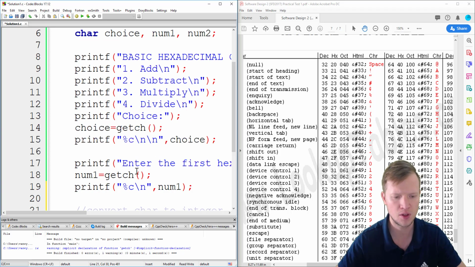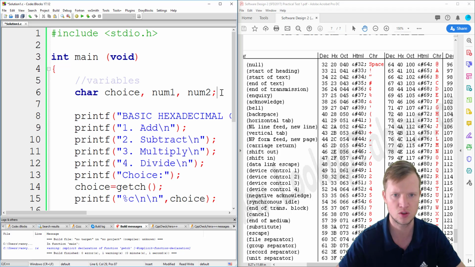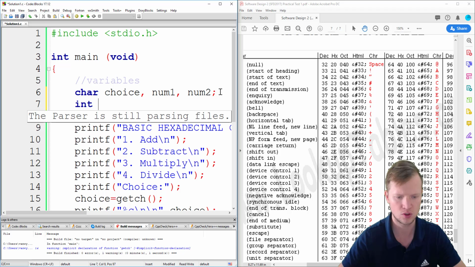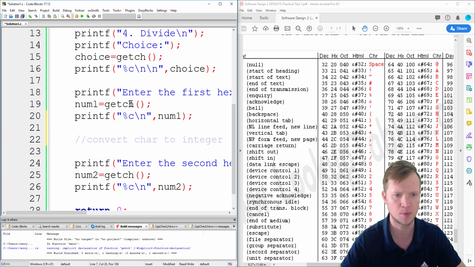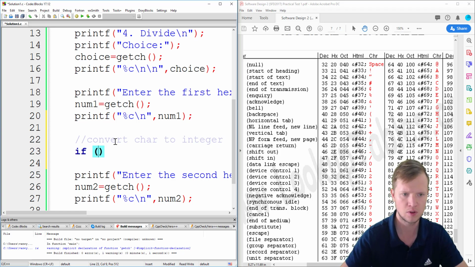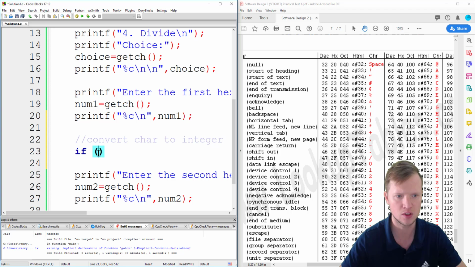Okay, and then before I can do the actual conversion, I need to create two values for myself here. I'm going to create two integer values, int val1 and int val2. These will be my converted values. So after the input, I'm going to say if